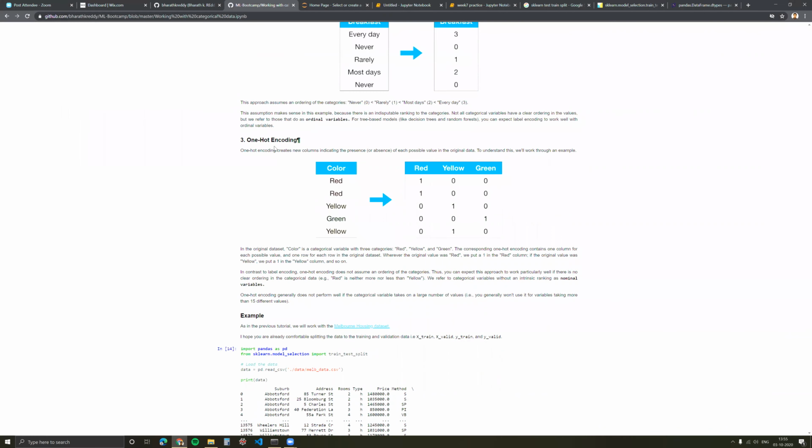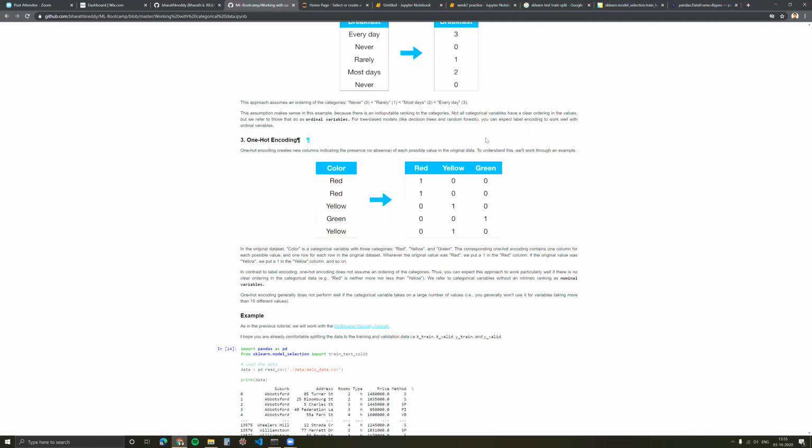So here is what one hot encoding would do. So this is just an example. If this is the column red, red, yellow, green, yellow, it would convert it into a data frame like this. Because there are three categories, it has converted it into three columns and put one corresponding to wherever this variable is active. So because this is green, these two would be 0 and green would become 1.